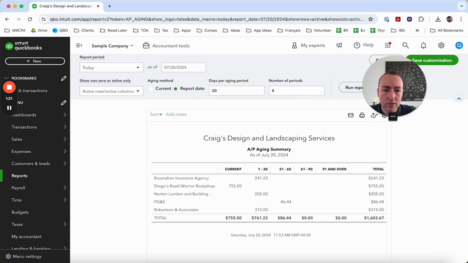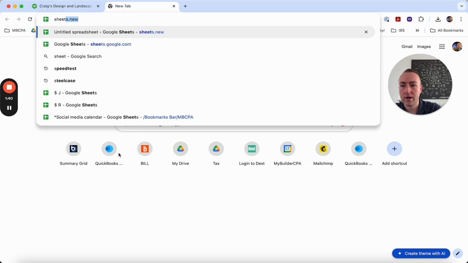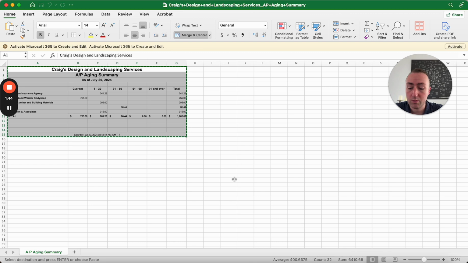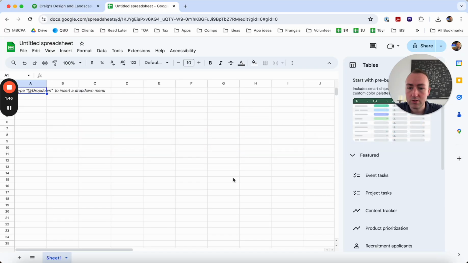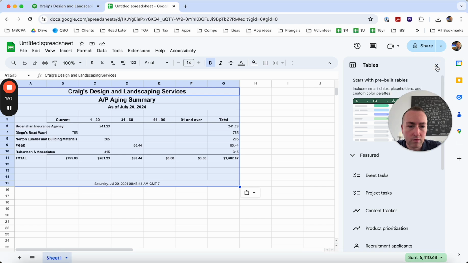Then I'm going to hit this arrow button over here and export to Excel. Even though it's exporting to Excel, I prefer to use Google Sheets just because it's so much more friendly to share. But if you must use Excel, that's totally fine. You can upload your resulting document as well. So I'm just going to copy and paste the report in here, and then I don't need this over here,